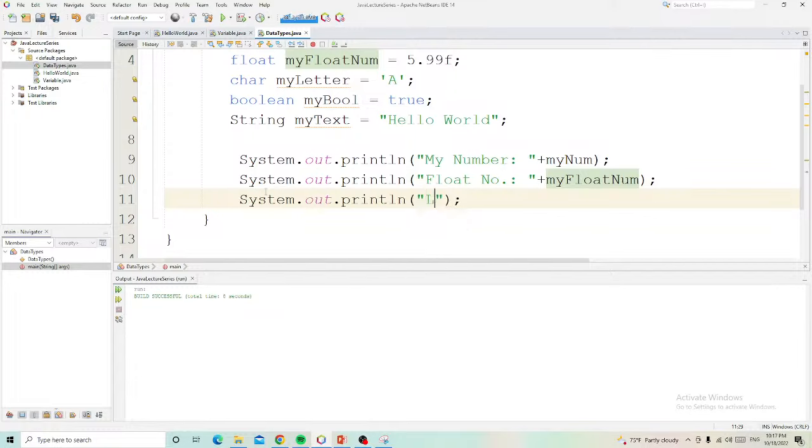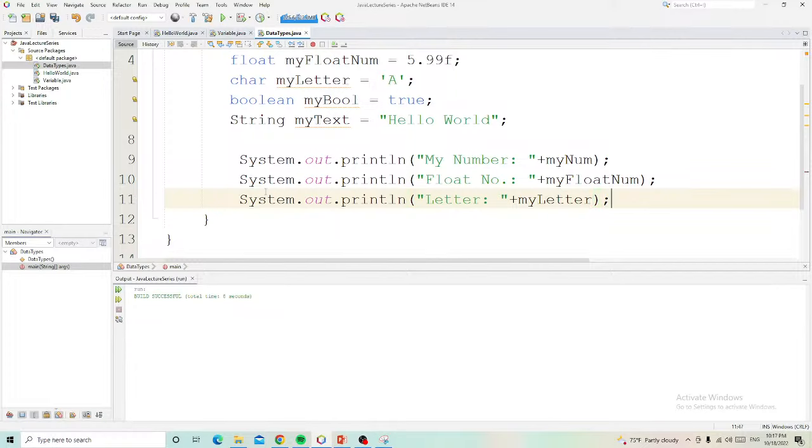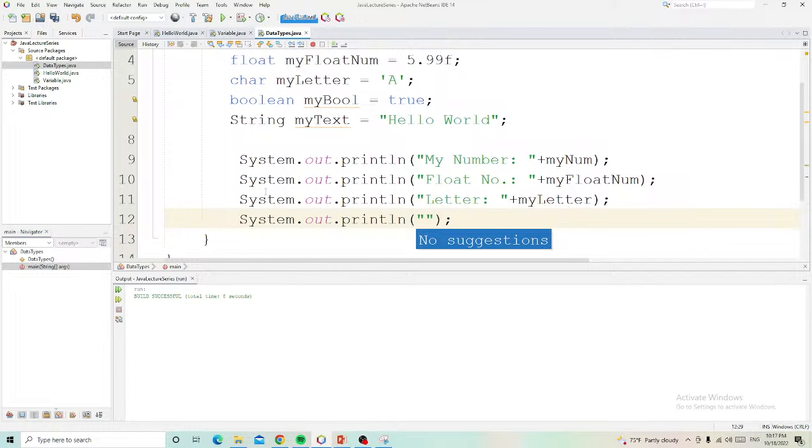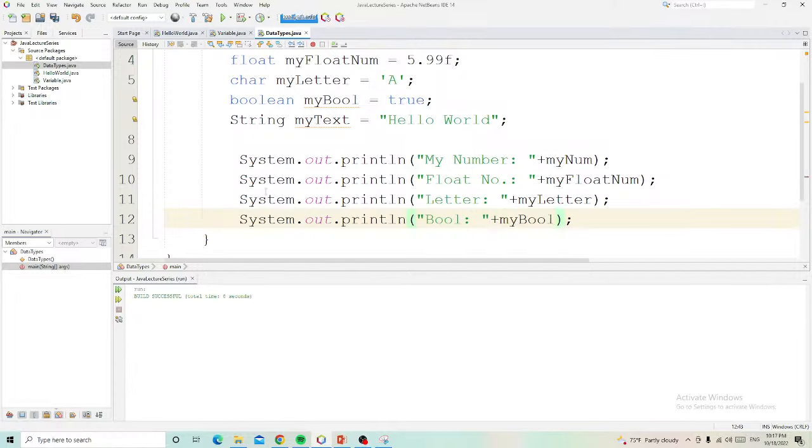Next one is letter, and then plus my letter. So next is bool, my boolean value.